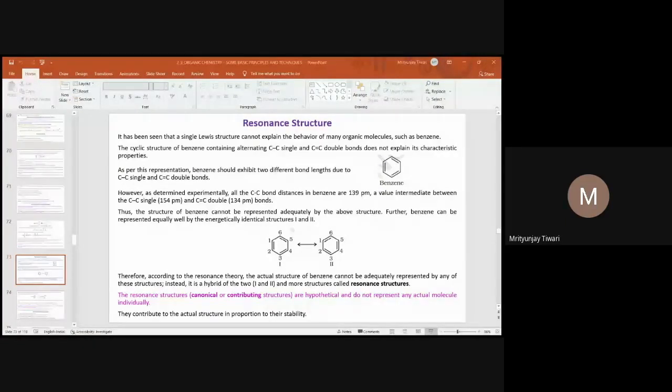In that case, the less separation of the charge means more stability. Less separation means the positive and negative charges are on adjacent atoms or nearby atoms. If different structures are there, and the positive and negative charges are nearer in one of the structures, maybe in one case it is at two bond distance, in another case at three bond distance. Depending on that, the two bond distance will be more stable, or if these charges are on adjacent atoms, one bond distance apart, that will be most stable